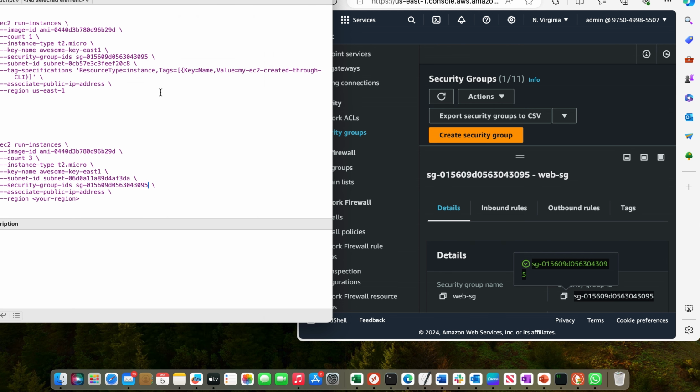It's there. The next one now is associate public IP address and region. The public IP address is already that one. Once you are launching the instance, it would associate it immediately. And the next thing that it is asking for is the region. So my region is US East 1. So if I come here,